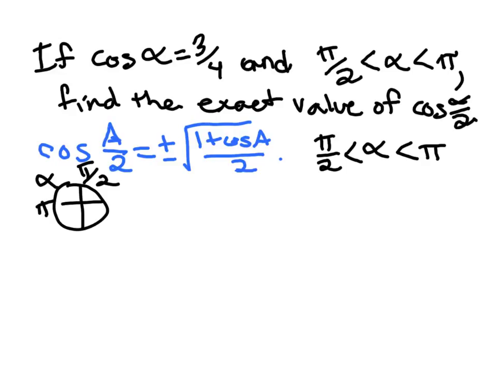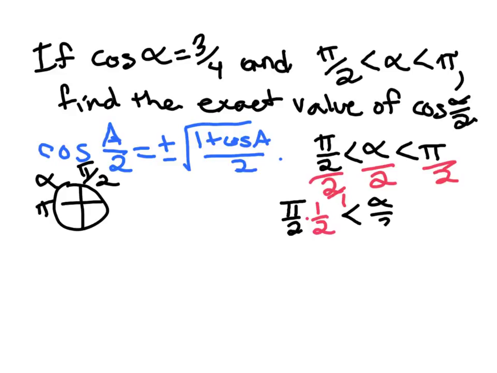Now, I want to know what that means about cosine of alpha over 2, so I want to divide everything by 2. Which, by the way, dividing by 2 is the same as multiplying by 1/2. I could write this on the left side as pi over 2 times 1/2 is less than alpha over 2, which is less than pi over 2. So alpha over 2 is between pi over 4 and pi over 2,